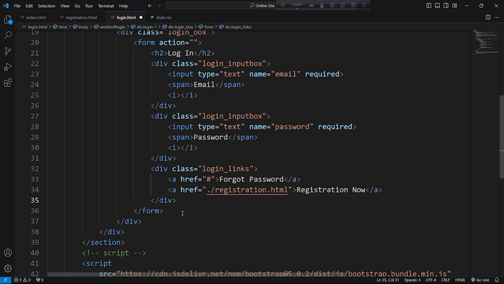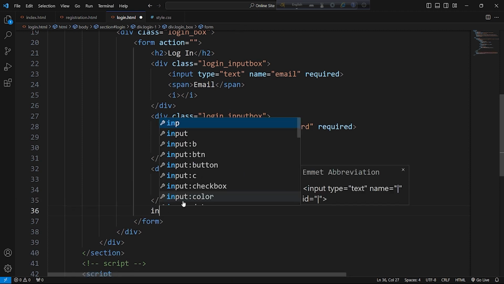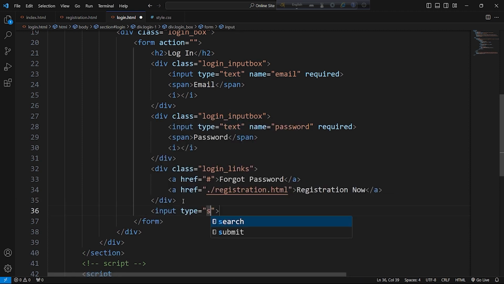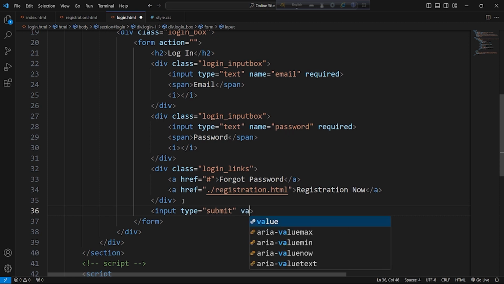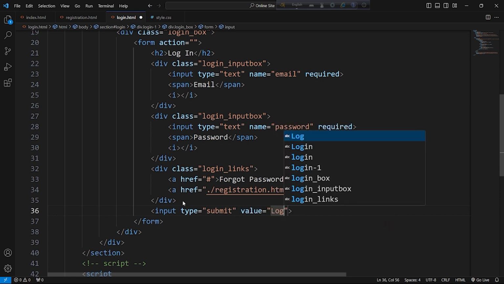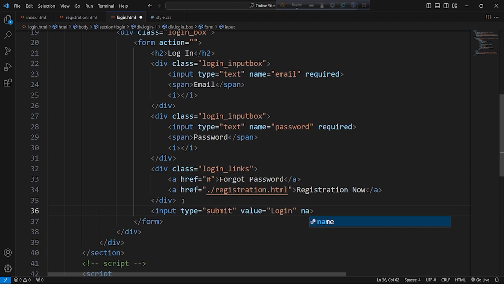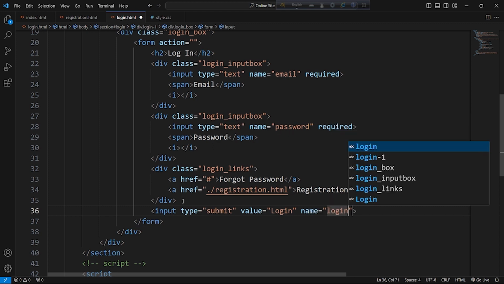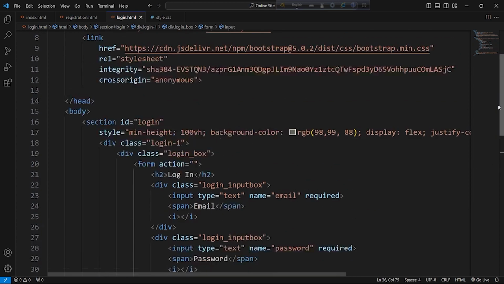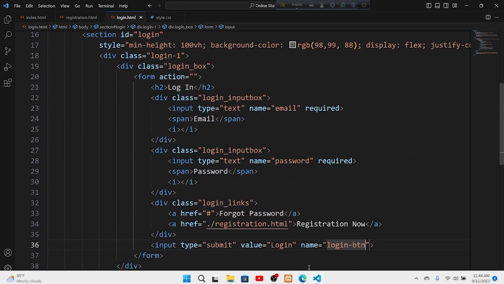Yeah, and submit button. Create input type submit, value login and name login btn. Yeah, that's good. So now check,